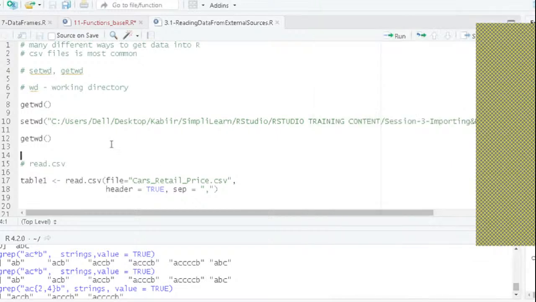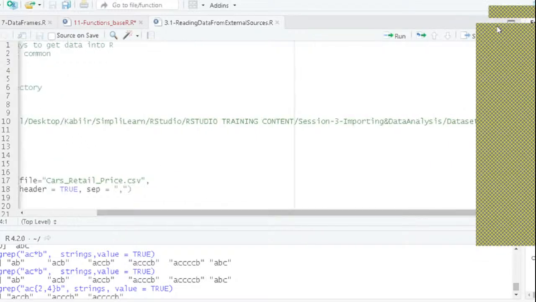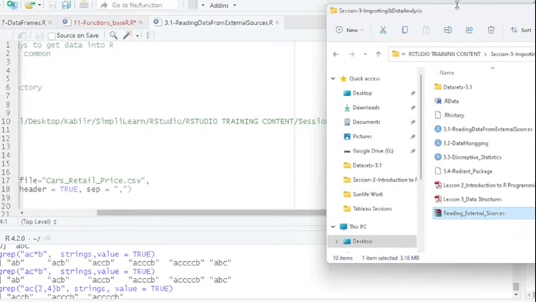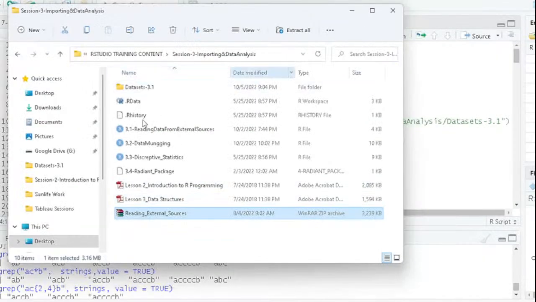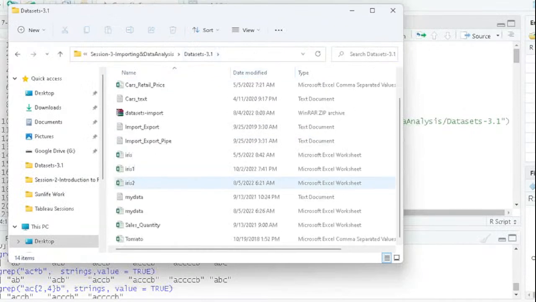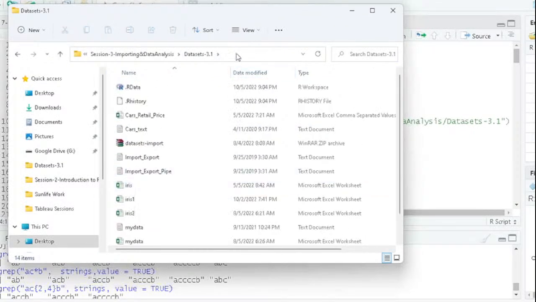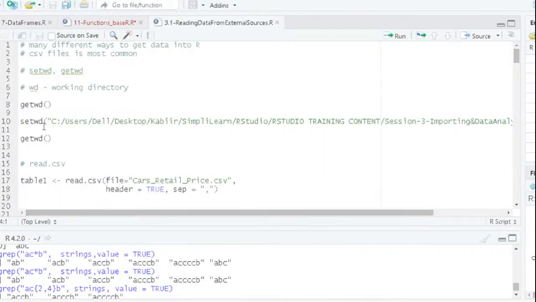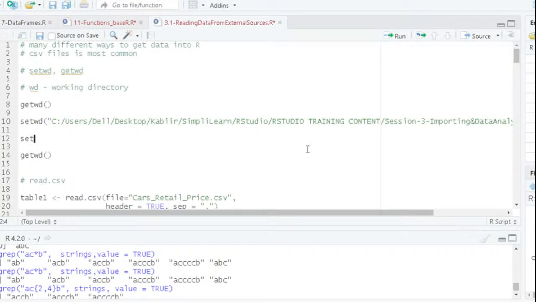Please download these, right? In the meantime, let me help you with setting the working directory. This is the directory from where I'm going to pick some data. Okay, there are a lot of data sets. I'm going to pick up the data from this. So what you're going to do is copy this in Windows. For Mac, I think you'll have to go to properties and then copy. You'll get a link there. Okay. So copy this link, Control C, and when you write setwd,